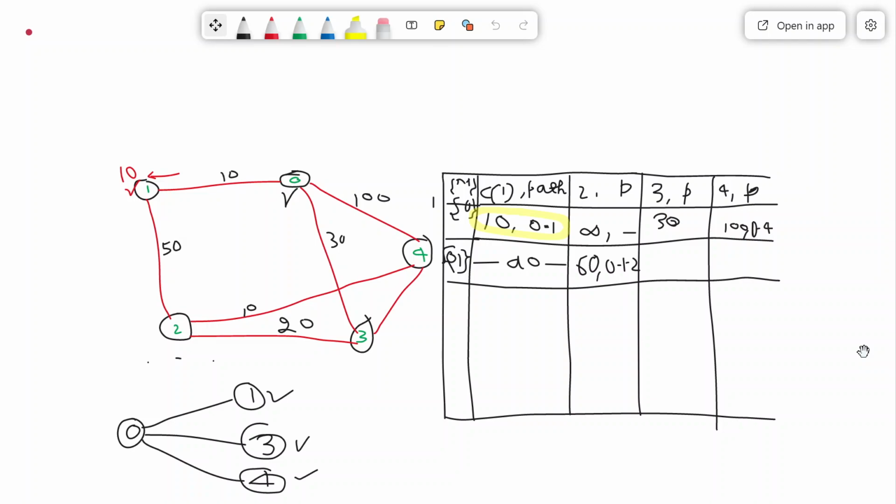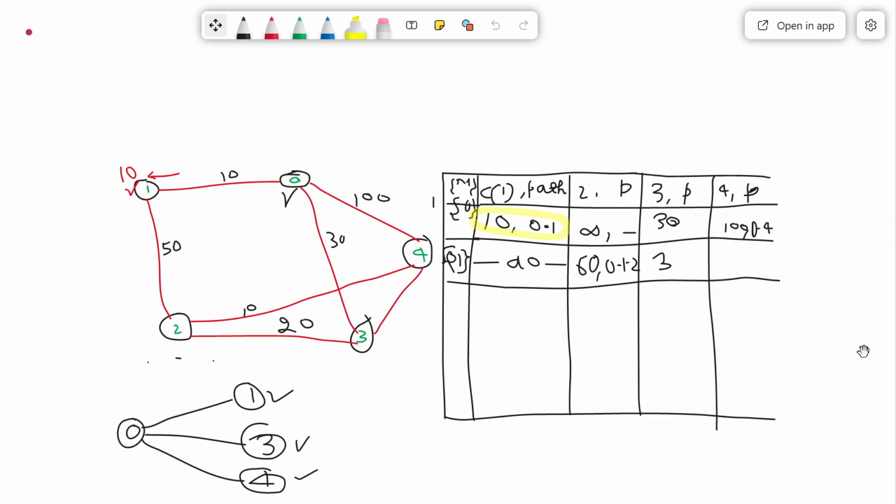Now coming to 3, there is no new path to reach 3. From 2 there is no new path either, so this will remain the same, because 0 to 3 is the only path.